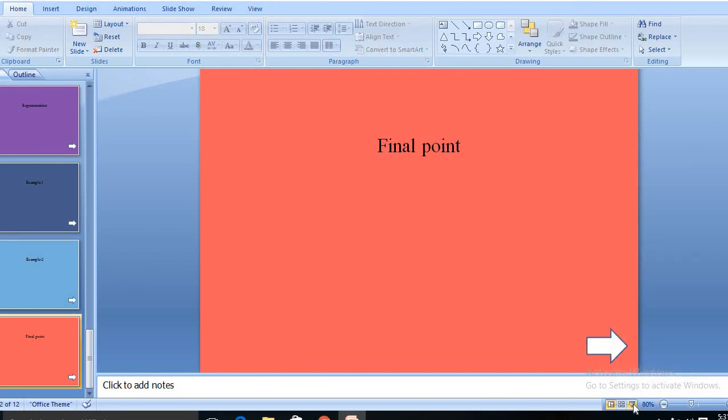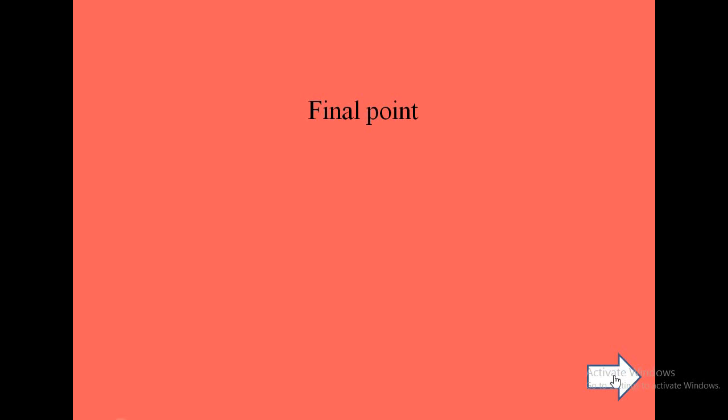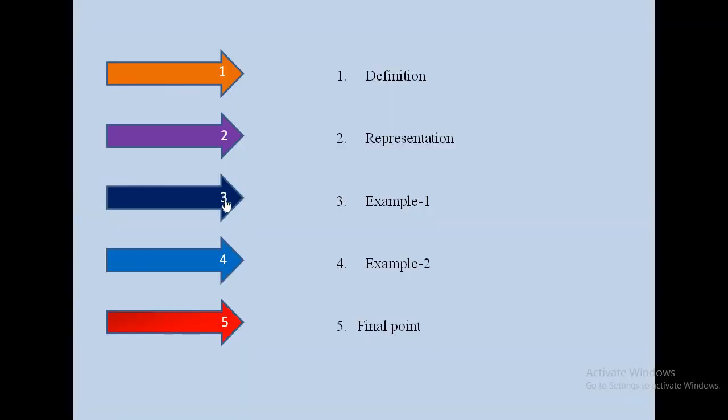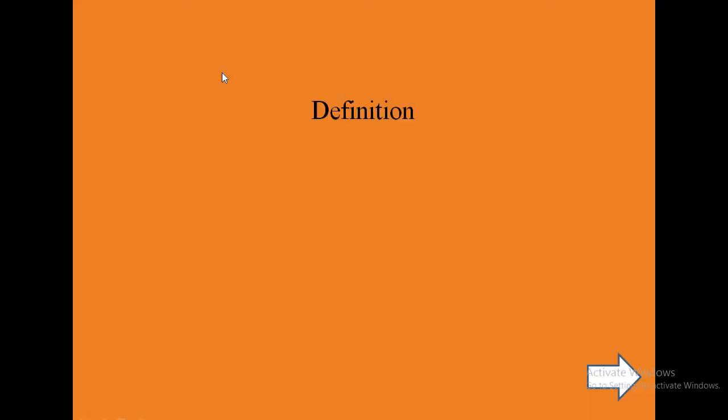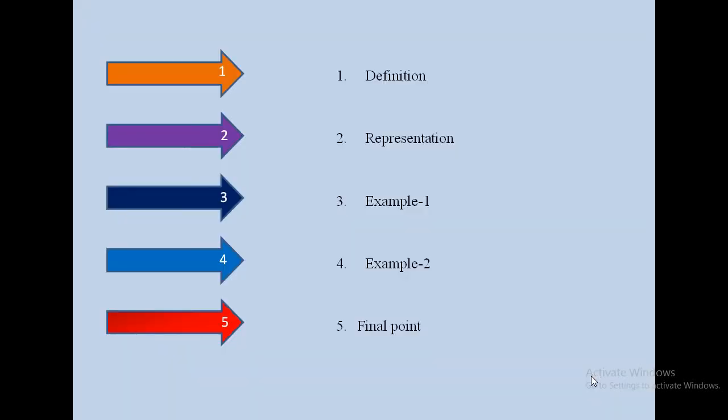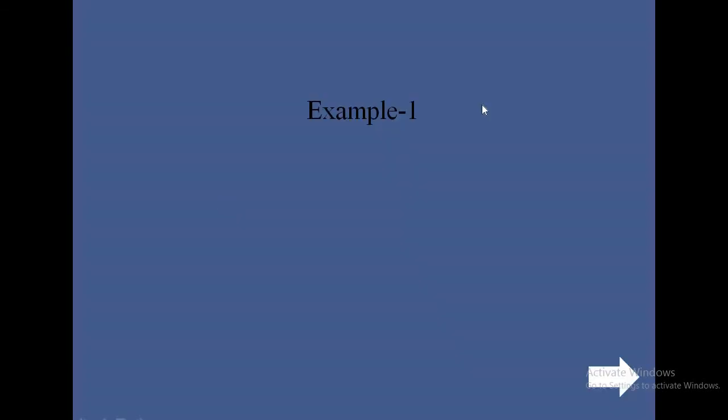If I press here, this 2, it will go to the dashboard slide. If I press 3, it will go to the example slide, and after pressing this one, it will come to the dashboard slide. So these are simple animations. With these simple animations, you can create this. That means if my audience asks me to see the example 1 slide, that is the third slide, if I press here, the example 1 slide will come.